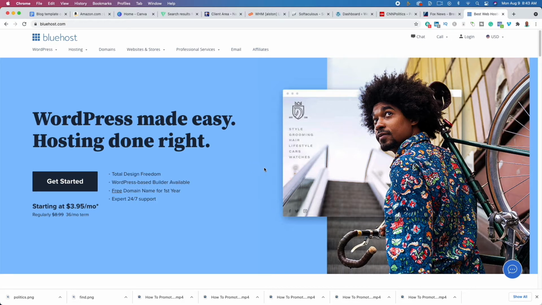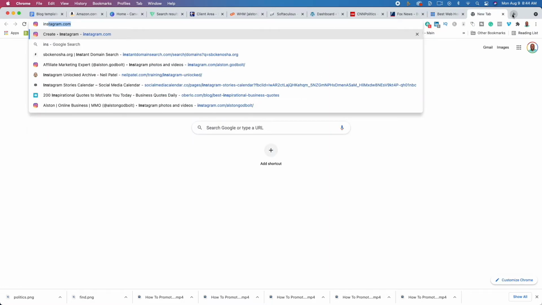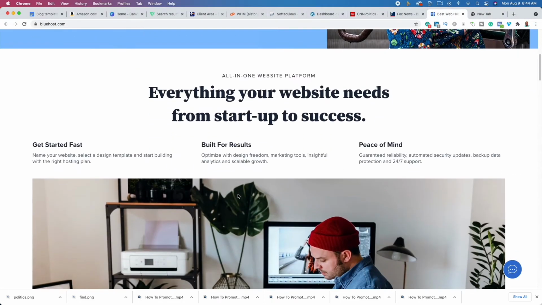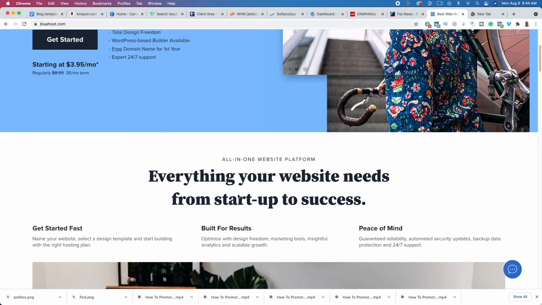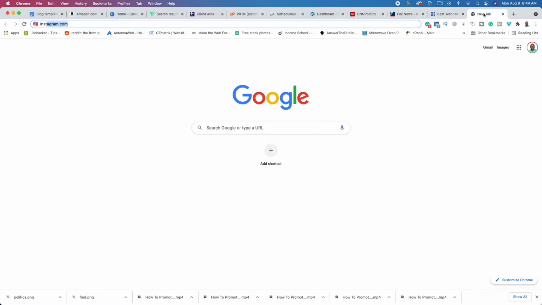And through the sign up process, they're going to allow you to pick a domain name. Now you can use a website like Instant Domain Search, but you can actually do this all through Bluehost as well. You'll be able to set up your web hosting. They'll give you a domain name for free for the first year, and then you can actually get up and running. But if we go over to Instant Domain Search real quick,